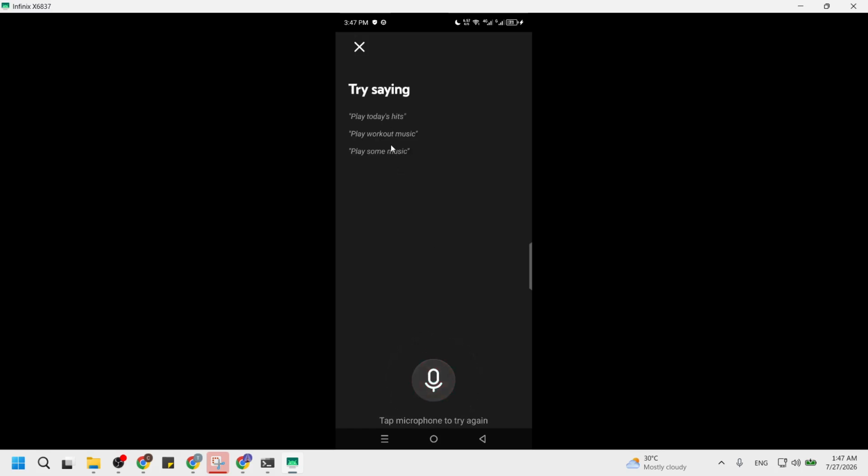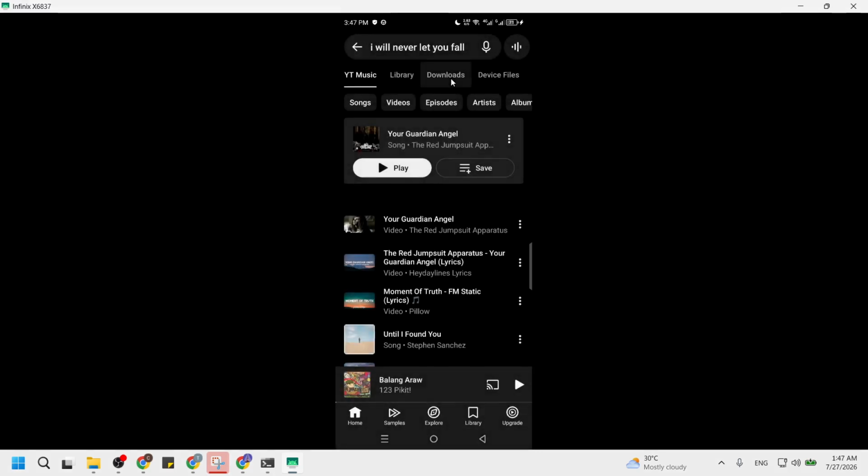If nothing matches, it usually returns to the search box, so you can try again with clearer words or a different tune. Once you have entered your words, press enter or tap the search key on your keyboard. On phones, that is usually a search button or a magnifying glass on the keyboard itself. After you confirm, the screen switches to a results page. Here you see a mix of songs, videos, artists, albums, and playlists that match your search.